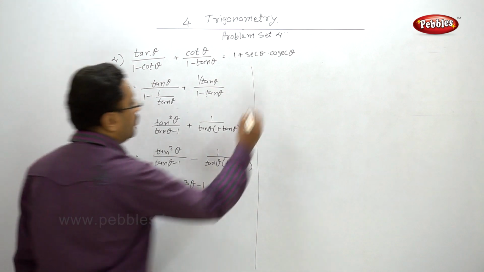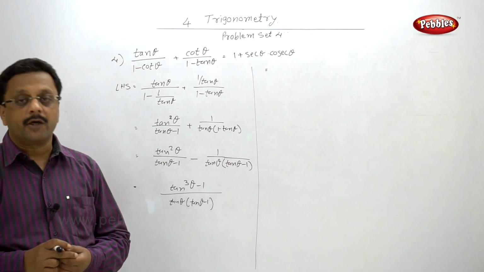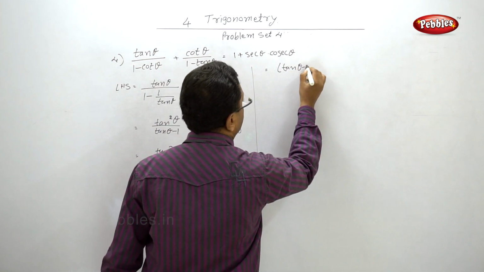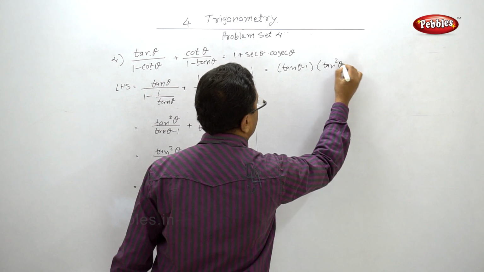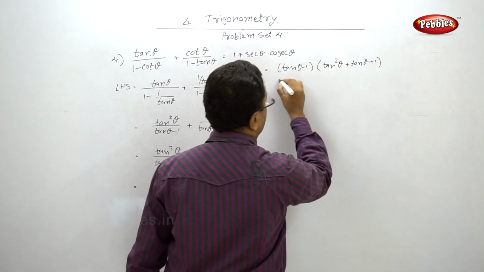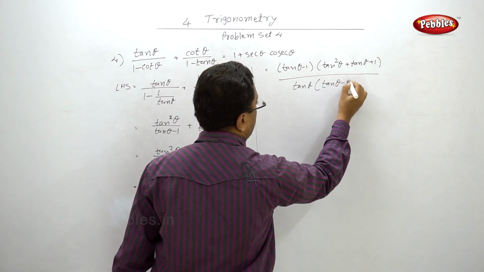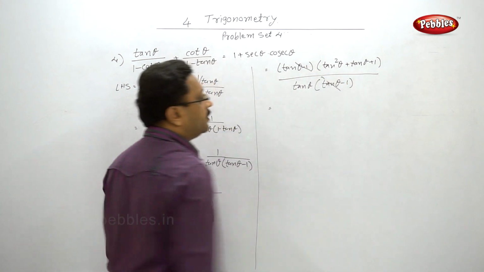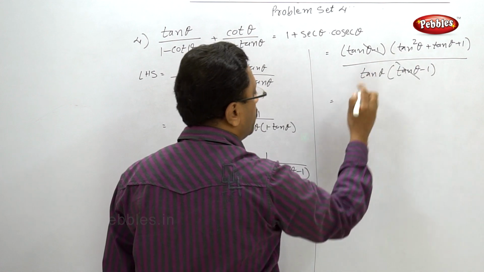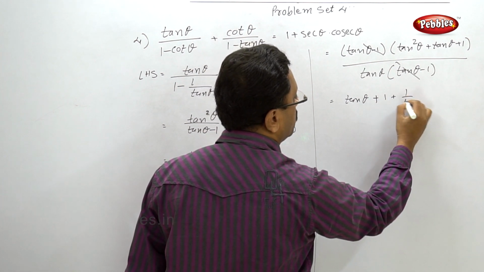So this expansion we have: a cube minus b cube is equal to a minus b into a square plus ab plus b square. So we have tan theta minus 1, then tan square theta plus tan theta plus 1, and whole upon tan theta and tan theta minus 1. So these two will get eliminated. So now if I divide each term, tan square theta upon tan theta is tan theta, plus 1 upon tan